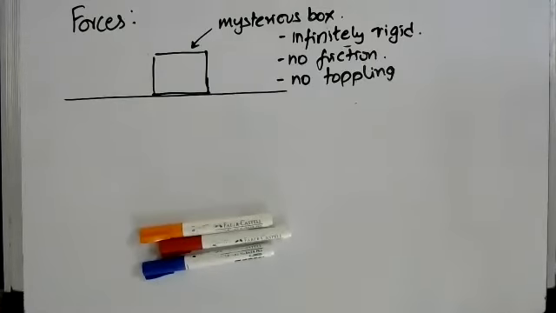We are going to explore the idea of forces further, and for exploring forces, I introduce an object which I like to call the mysterious box, and it's called the mysterious box because it has some mysterious properties. These properties are of course completely imaginary, and as we study, you will understand why we need the object to have these properties. Basically, it's a box that is infinitely rigid, which means that the object will not deform however much force you apply on it from whichever direction.